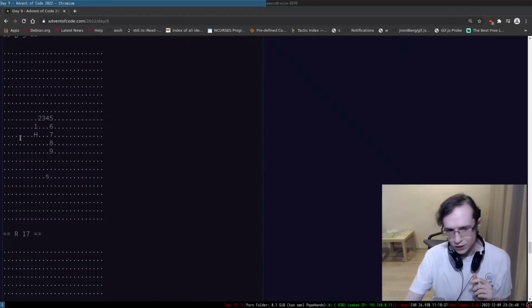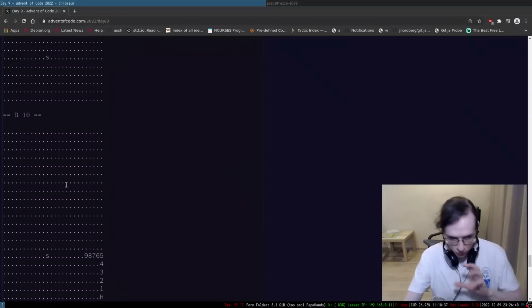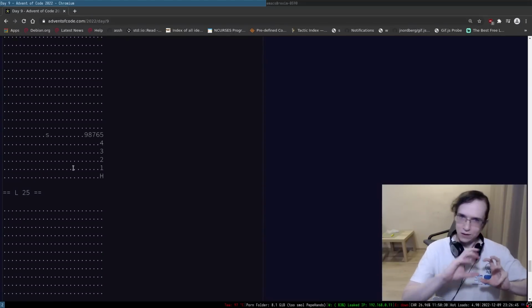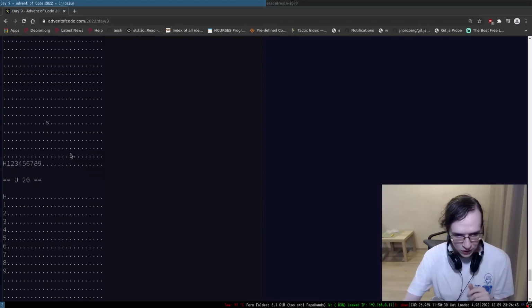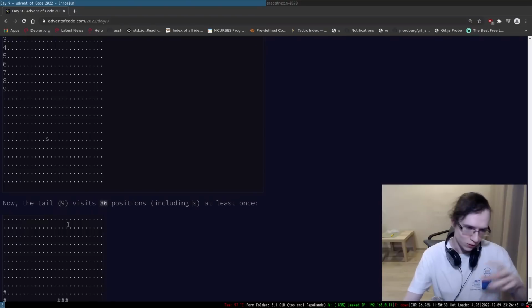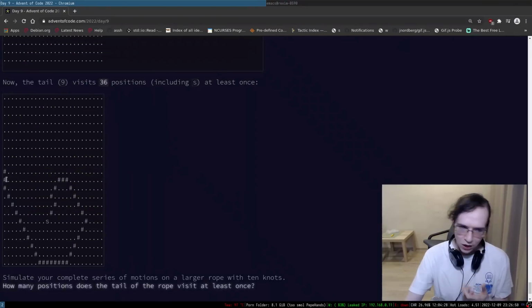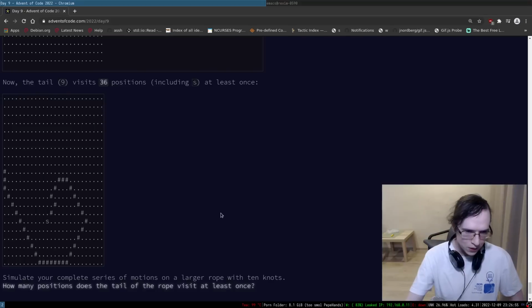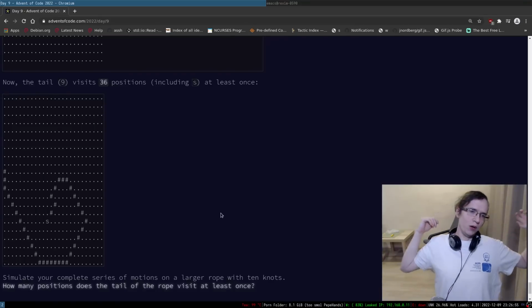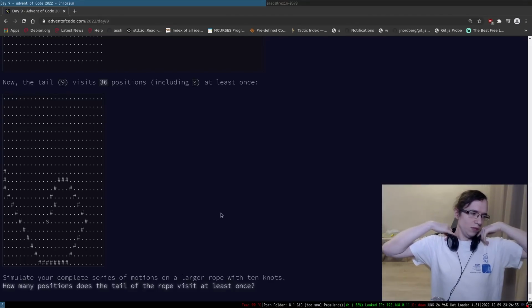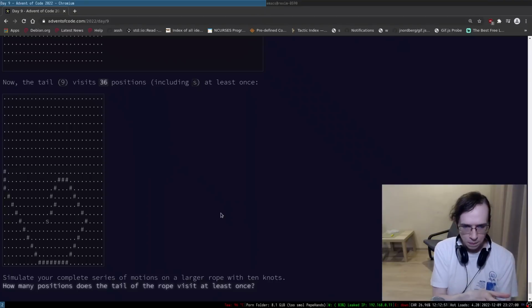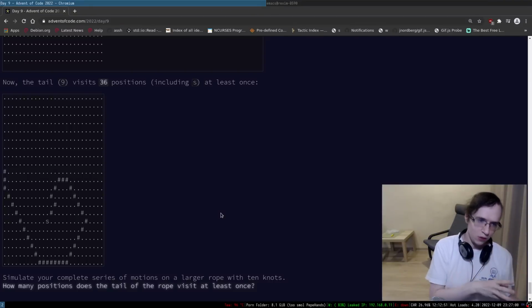But essentially you end up with a rope with 10 knots, and you're simulating this rope and computing how many places the tail visited in this grid. So what I was thinking, it kind of inspired me to implement this, but with visualization and continuous,